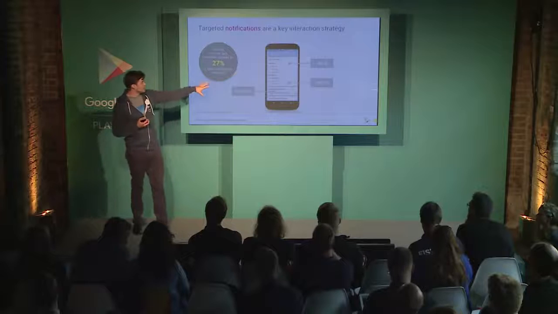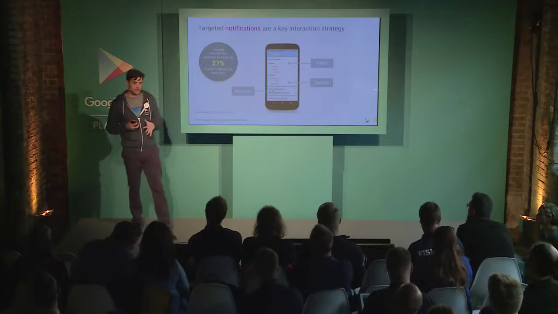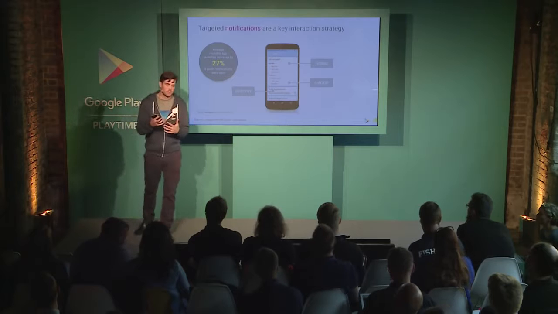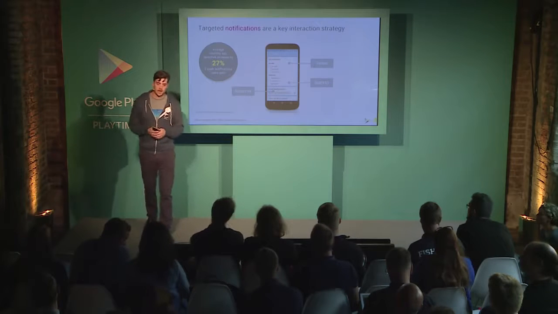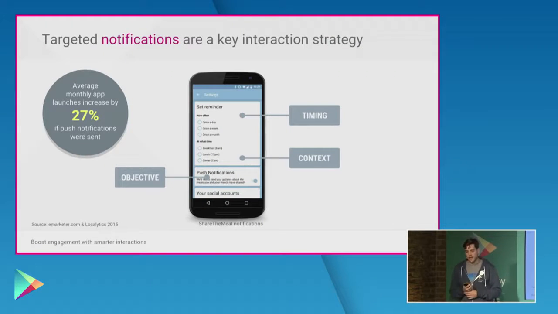They're also trying to figure out the context of the notification and the timing. So here the context is you get a notification at breakfast, lunch, or dinner, and then the frequency would be once a week, once a month, once a day even. And then once you have those questions answered, you need to figure out how you can target users that fall into these different groups for notifications. And also you need to think about what technical resources you want to invest to actually implement your